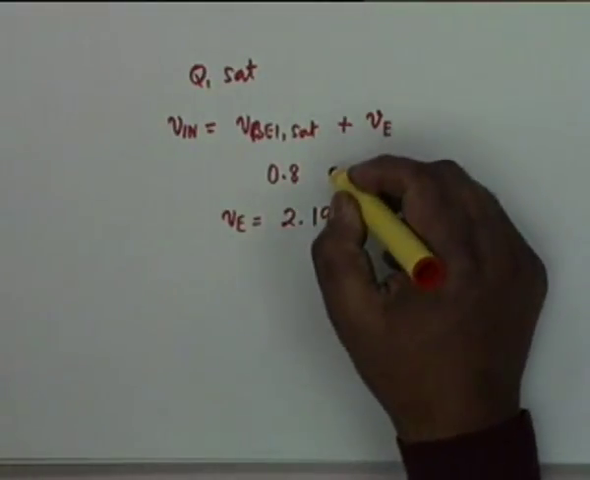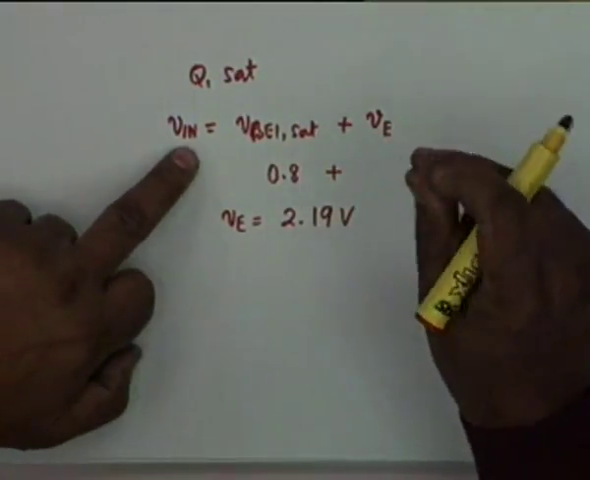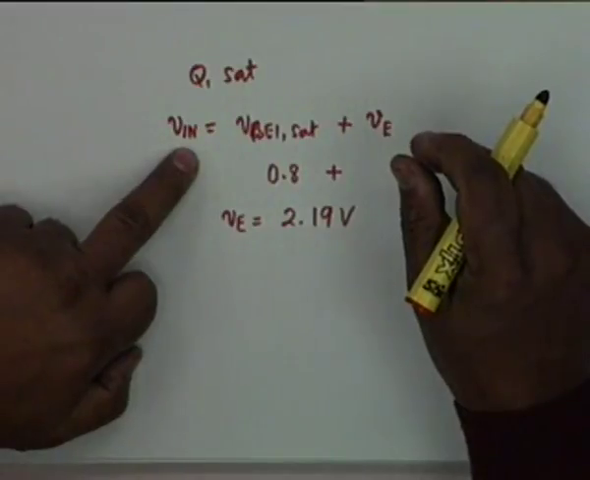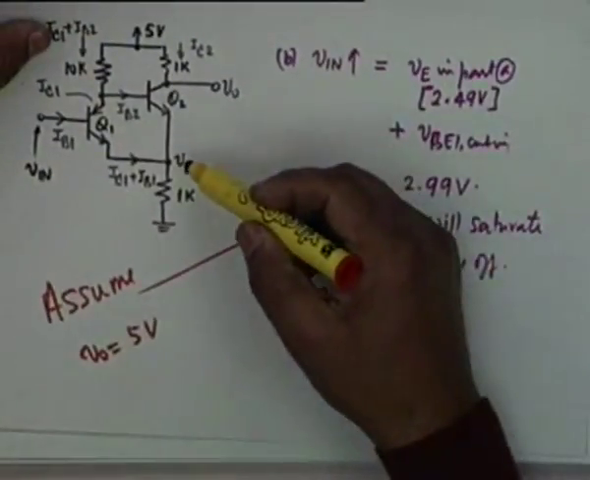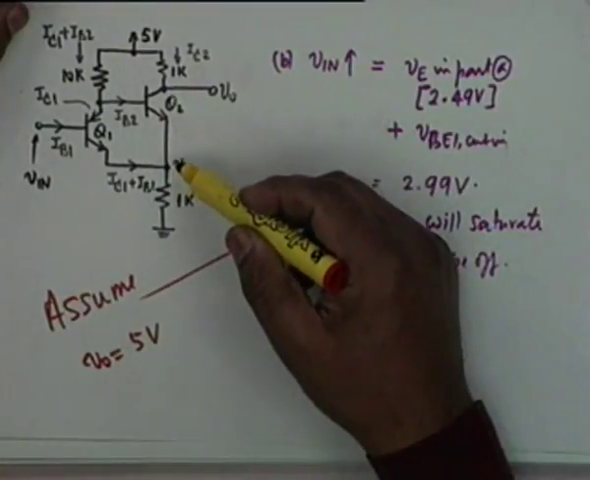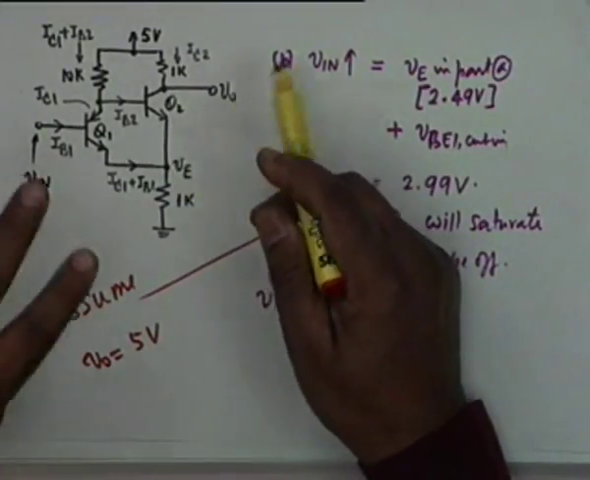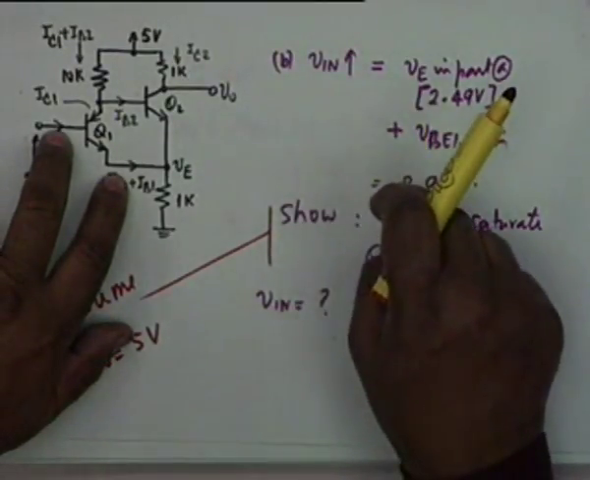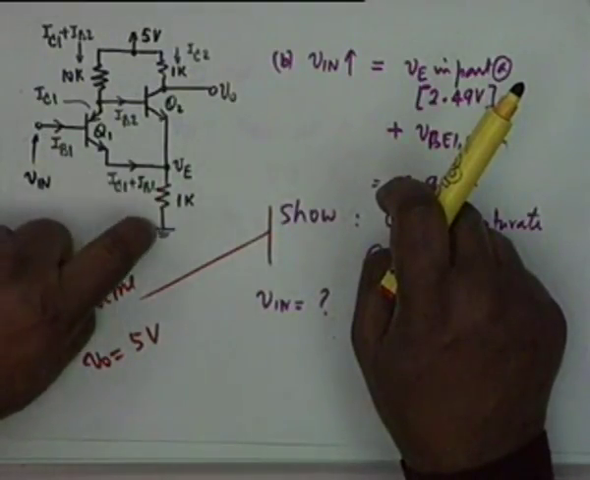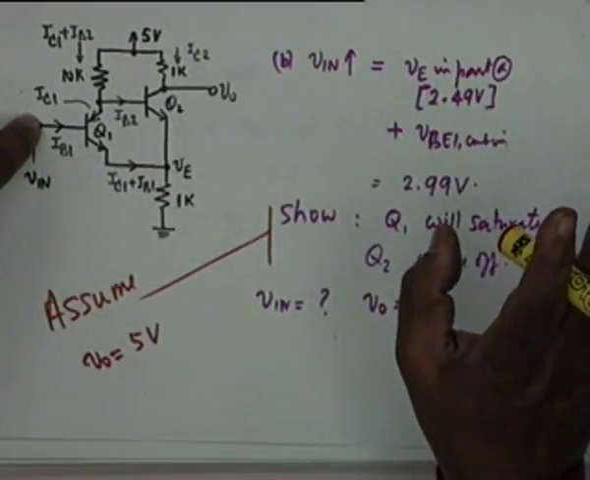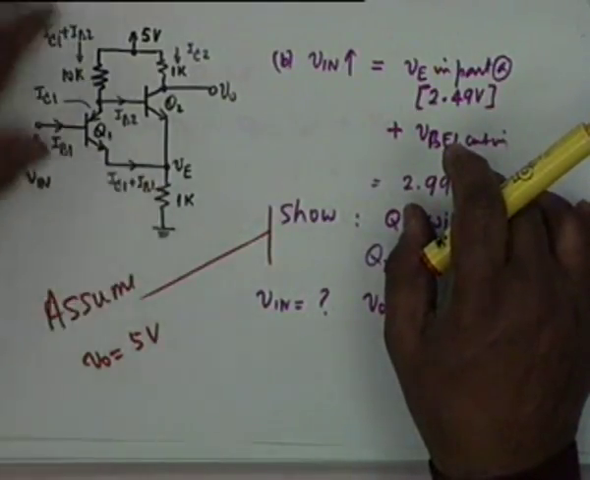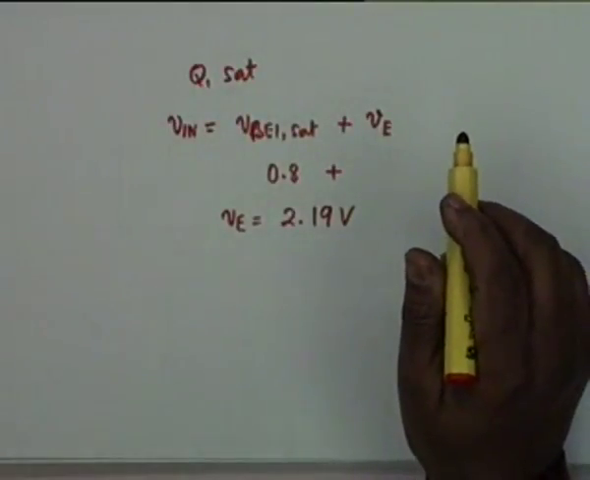No. Okay. You see, as soon as Q1 starts conducting, in no time it goes into saturation. VE cannot change instantaneously, so it remains at 2.99. If it does so, what changes is the voltage across the base emitter of Q1. It changes from 0.5 to 0.8. Therefore VE shall now change to 2.19, because the input remains the same. Input remains at 2.99. Alright, so this is 0.8 and therefore this becomes 2.19. If it does become 2.19, then